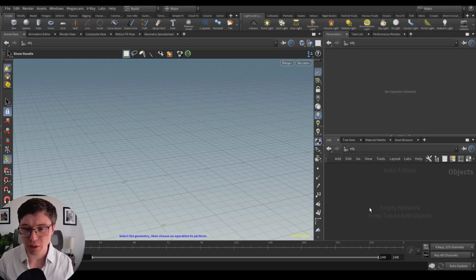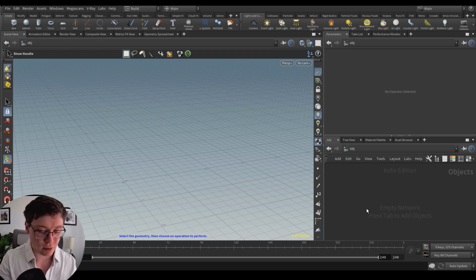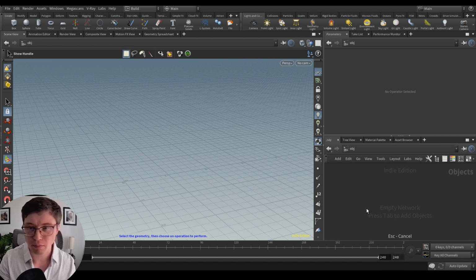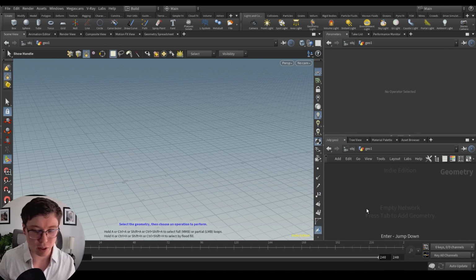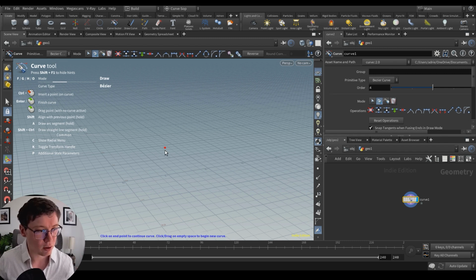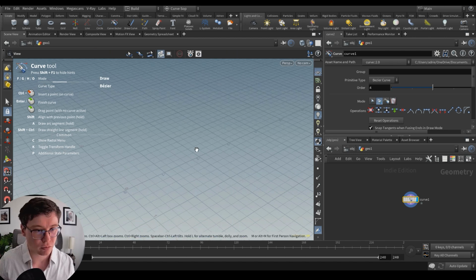So let's see how that would work. I hope this wasn't too intimidating. I just wanted you to be aware that these attributes will help you drive your instancing. So let's see how that goes. We're going to first create a geometry. And in there, I'll create a curve. So we'll just start with a simple curve and try to, well, instance something along the way, right? So I'll use a grid snap and start to draw some path.